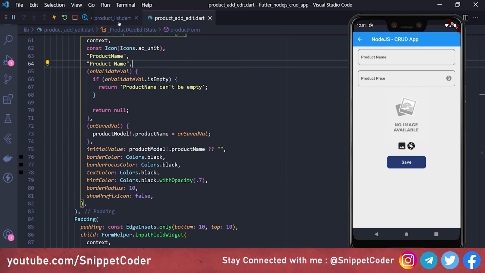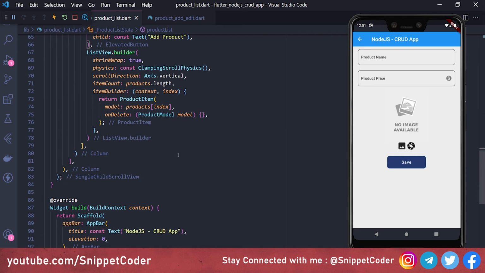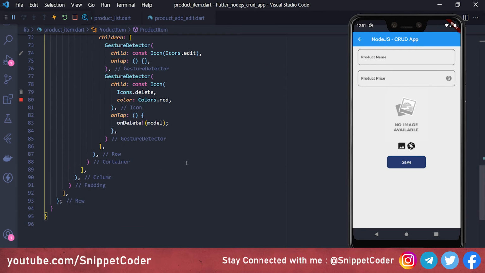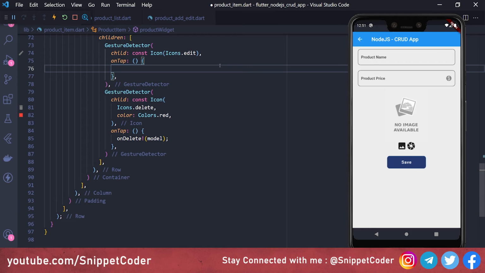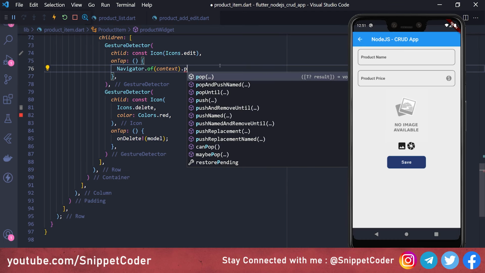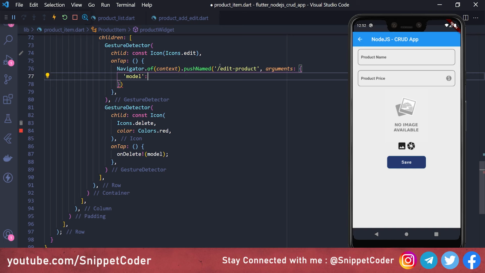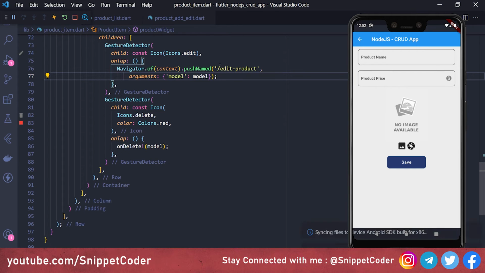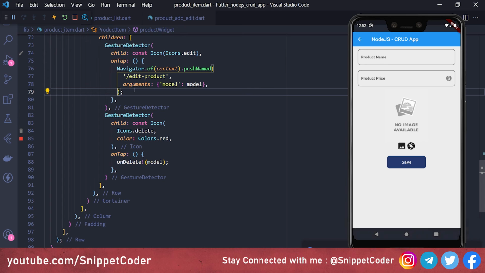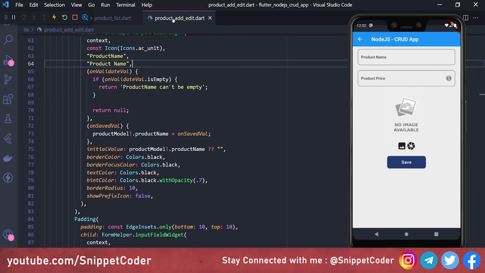For that we have to go to our product listing page, and here we have to go to our product item file, and here we have our edit button, and from here we will call Navigator.of(context).pushNamed, and the route name will be edit product, and here we have to pass the arguments also, and here we are passing the model. So what it will do, when this page is open in edit mode, it will pass the selected model of the product to this argument,